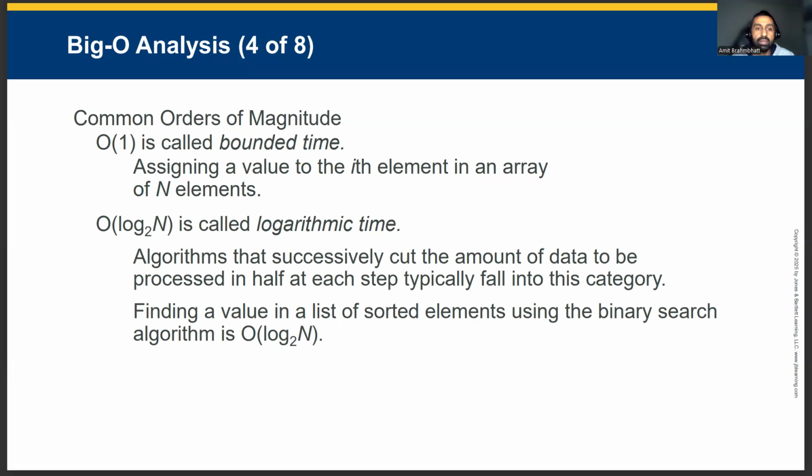O of log n describes logarithmic time algorithms, which repeatedly divide the problem size in half. Binary search is a classic example of O of log n performance. These categories form the foundation of algorithmic analysis. Understanding them helps developers estimate how performance will change as data grows. Small differences in big O orders can translate to dramatic real-world effects when systems scale. This slide sets the stage for examining more complex classifications in the next few slides.